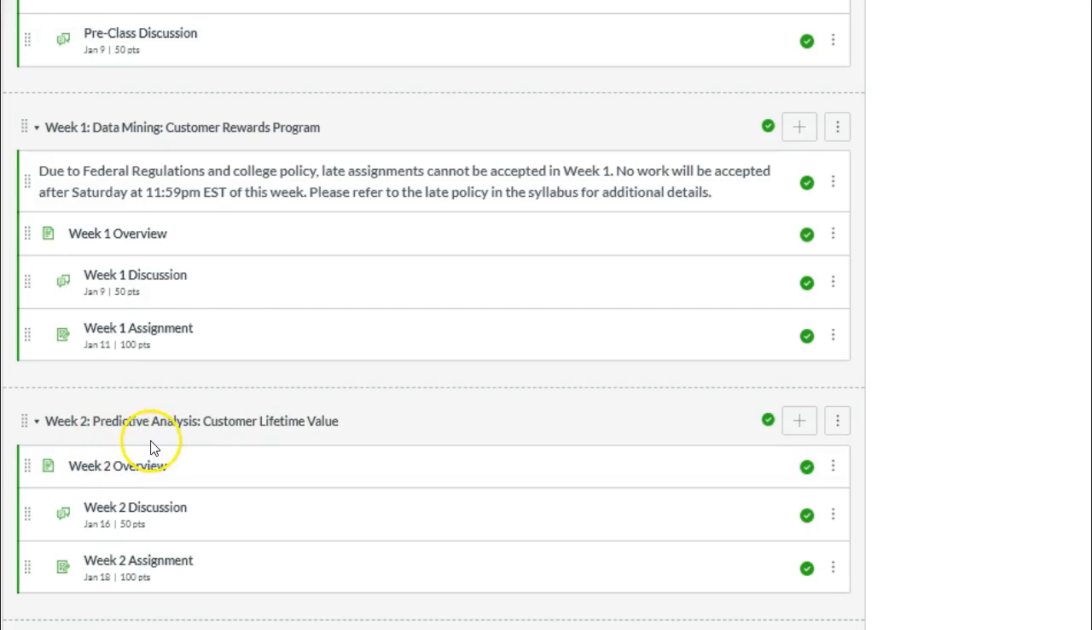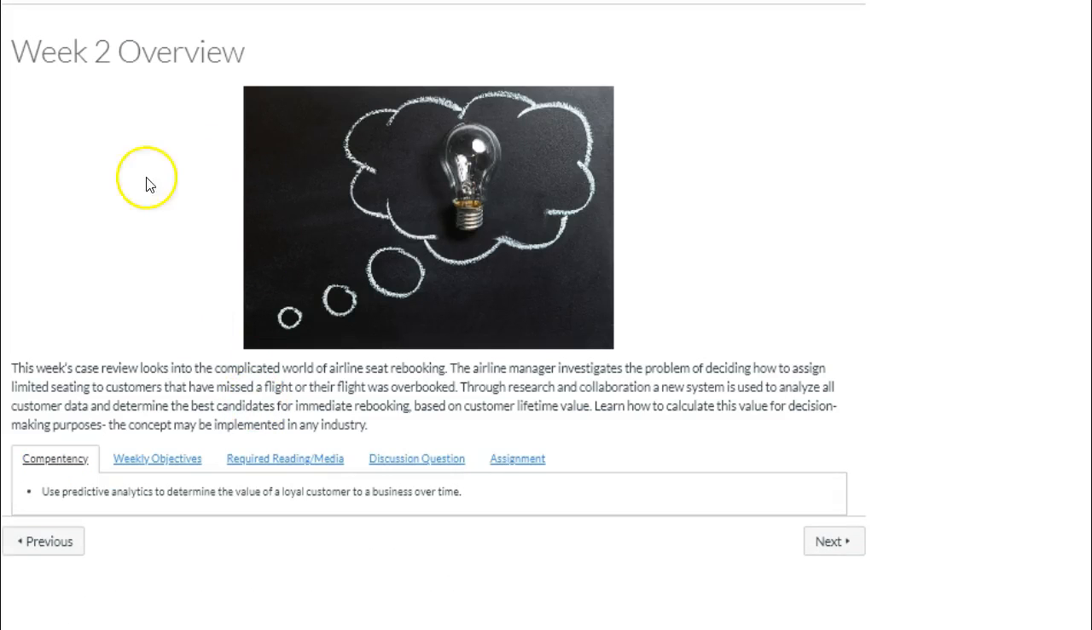In week 2 we are covering predictive analysis and customer lifetime value. Let's go into the overview real quick and we'll go through everything. We're looking into airline seat rebooking. If you've ever flown, you may have had this experience where they overbooked the flight and needed to rebook some people. So you'll be reading an article this week